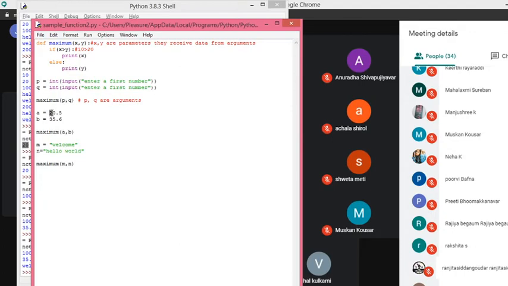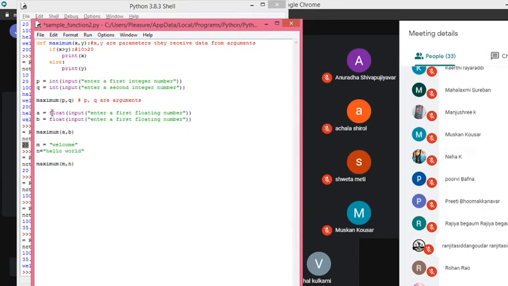For the next I want the data in the form of float, so we'll take float of this one: "Enter first floating point number". Then the second integer number, and then the second floating point number.